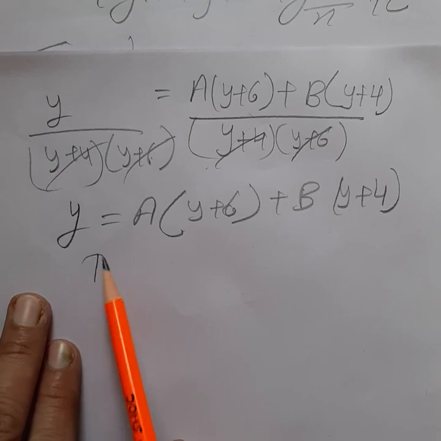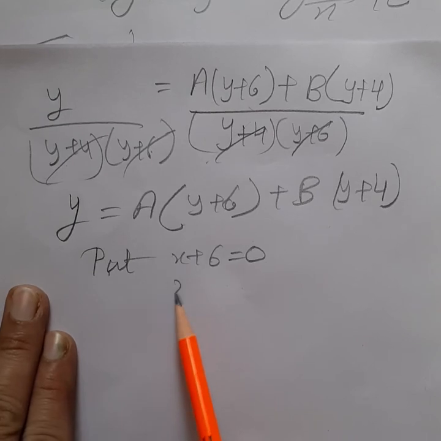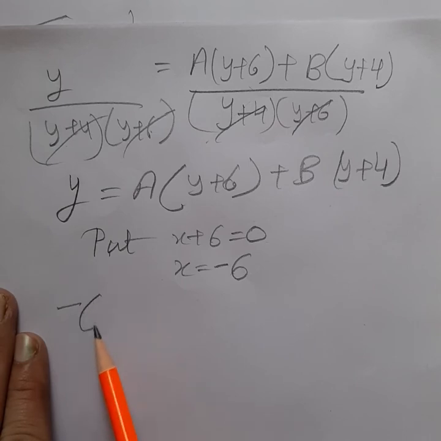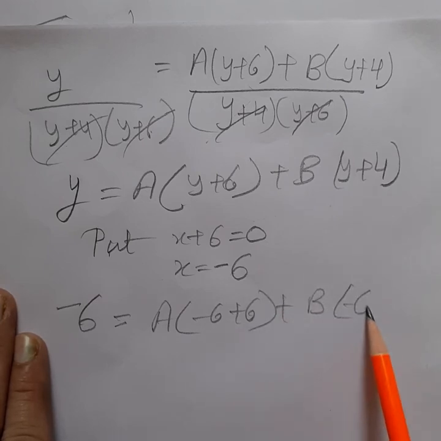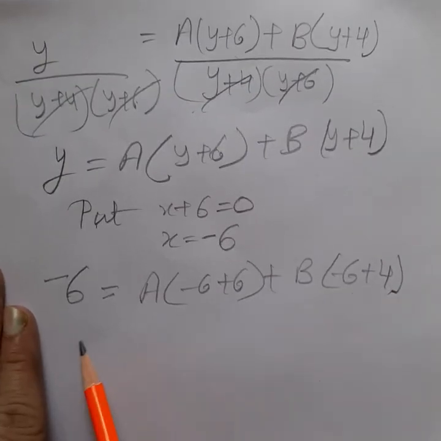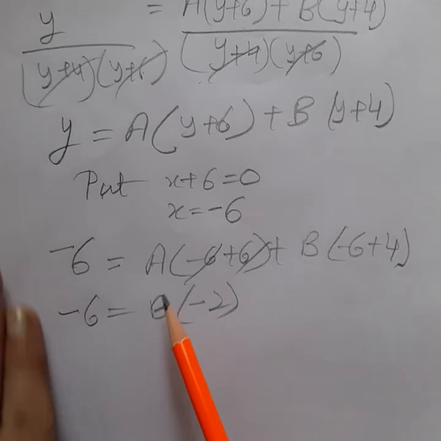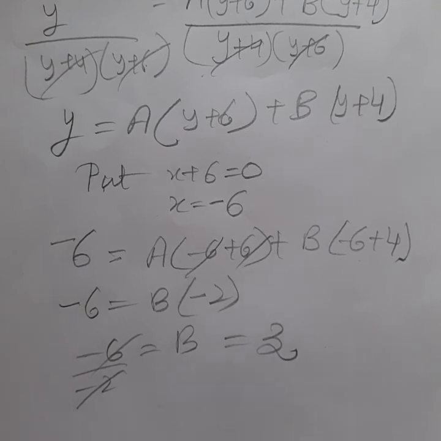Now as we have done earlier, put y plus 6 is equal to 0 and you get y is equal to minus 6. Then put minus 6 in your above equation, and you can name it star or double star as we have done earlier. You can solve it very easily, and we get minus 6 plus 6 is 0, and in the brace of b we get only minus 2, and by cancelling minus 6 by minus 2, we get the value of b is equal to 3.